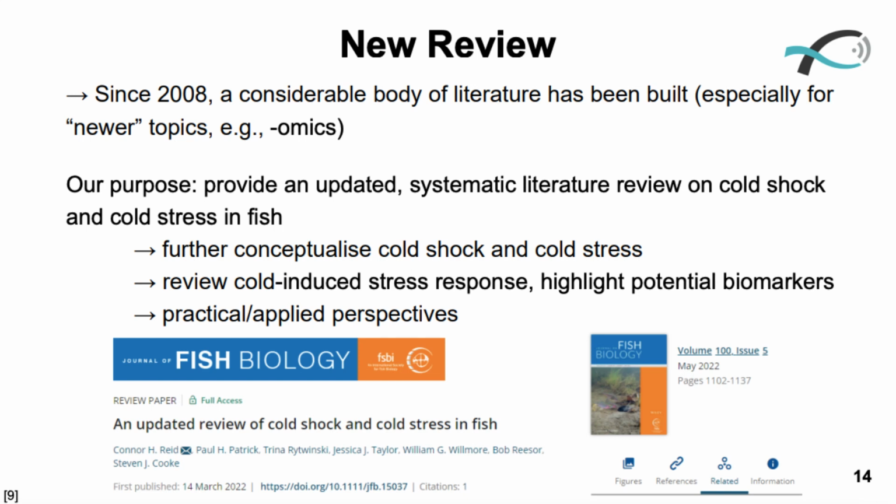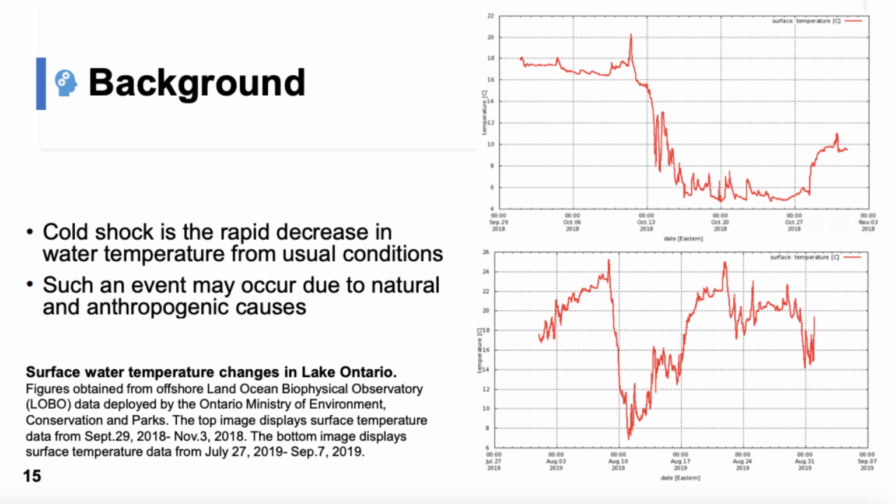So a lot of these are Connor's slides, which he presented to a group on this large expansion of the cold shock review in fish. And so this is the updated review that I've provided to everyone. And it highlights various potential biomarkers, as well as gives some very good practical aspects and applied perspectives that cold shock will mean. So it's a rapid decrease in temperature,